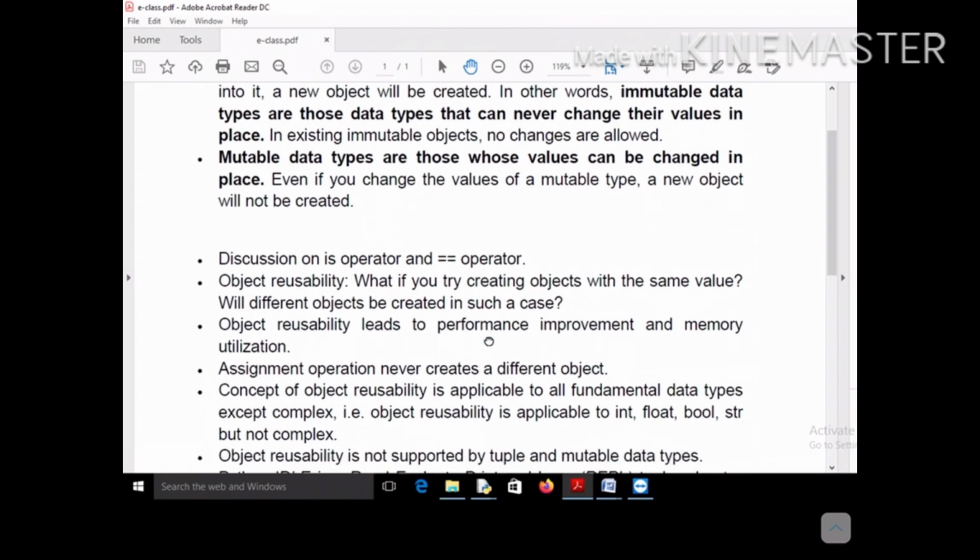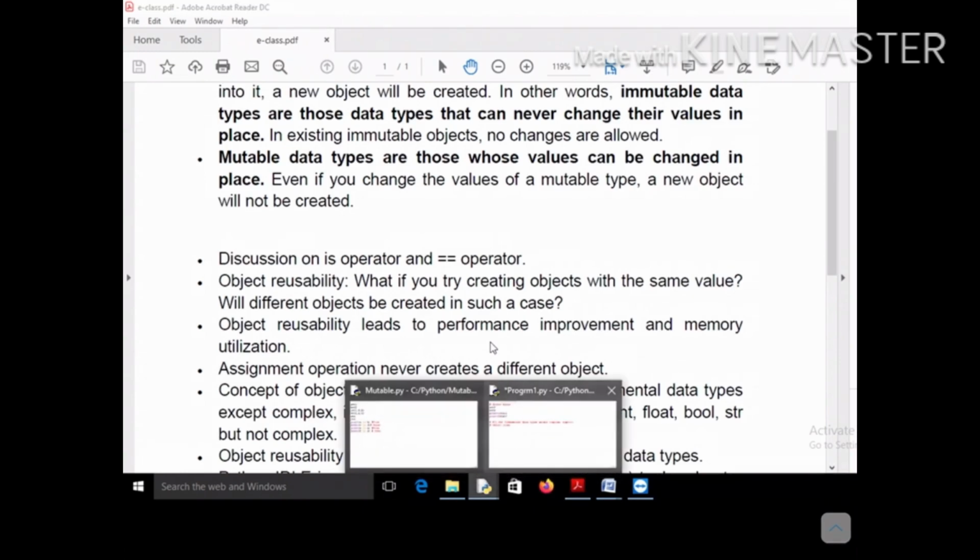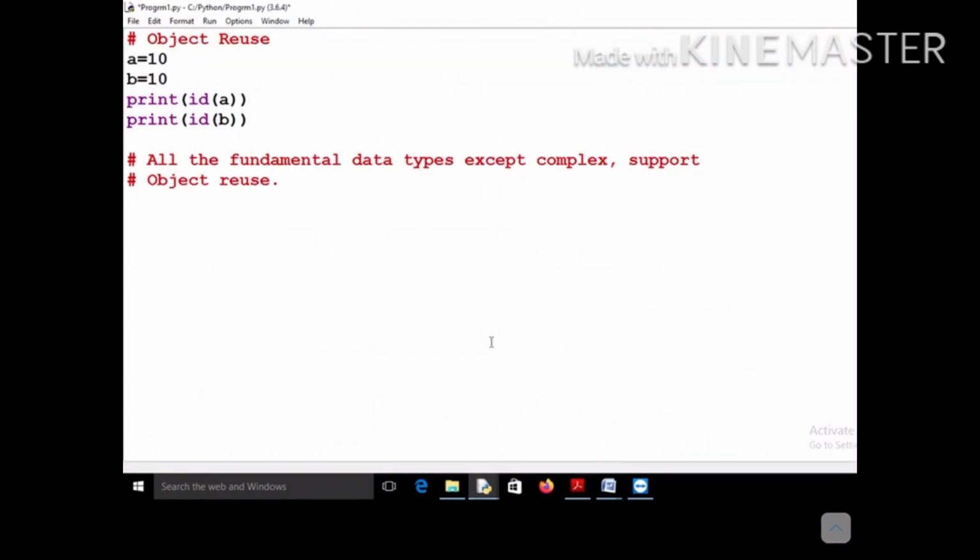Okay, then we came to the concept of object reusability, and I demonstrated that all the fundamental data types excluding complex support object reusability, meaning that if you declare two objects with the same value, for example, if you are creating two reference variables a and b meant to store the same value, that is 10, then the addresses of a and b will be same.